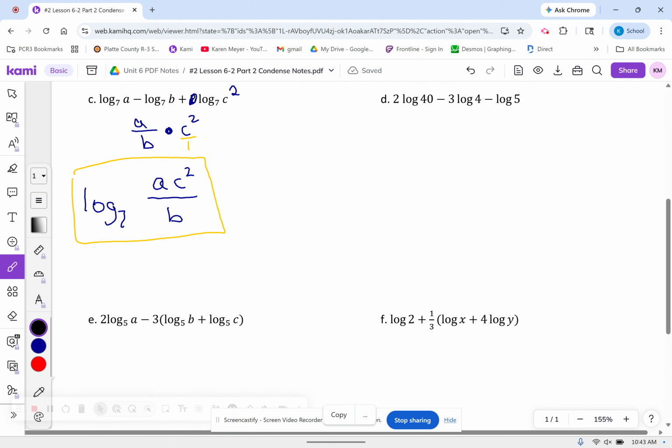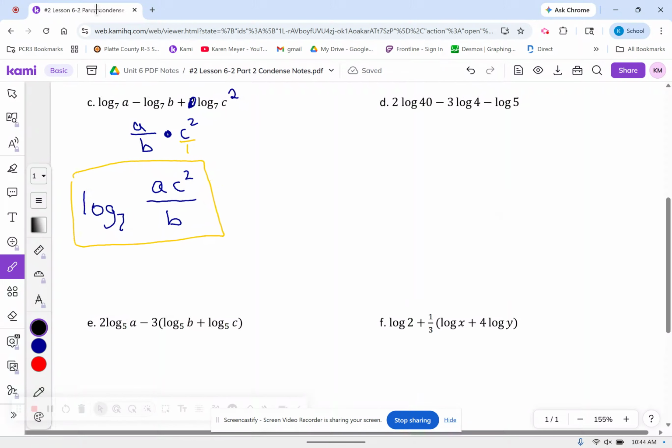Okay, finally we get to one that has all numbers. So since it has all numbers, we're going to actually get to work this out. So I'm going to take the 2 here, and I'm going to move it up as a power. I'm going to take the 3 and move it up as a power. And then I'm going to do 40 squared